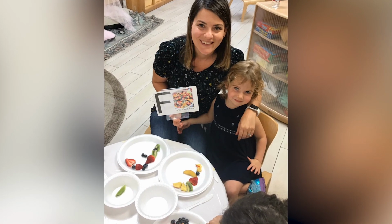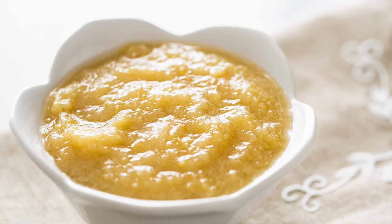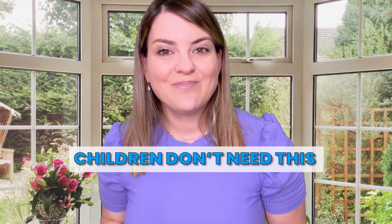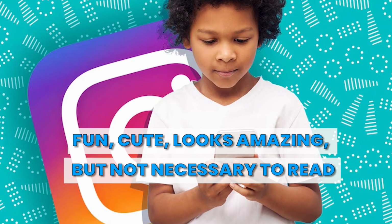So if the sound of the week was letter A, they would be doing a cooking activity with applesauce. Or if it was with P, they would be doing something with peanut butter. Children don't need this. It's not functional. It's very cute. It looks amazing on social media and it may be fun, but it isn't necessary for the